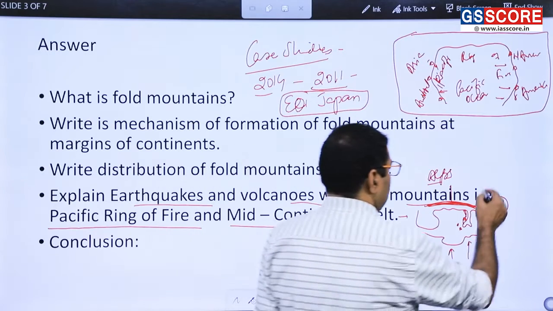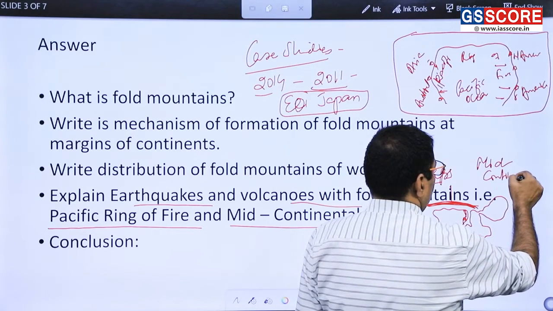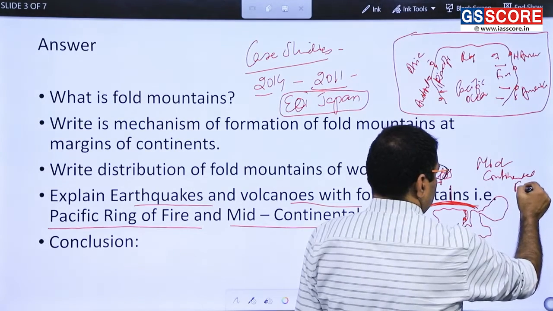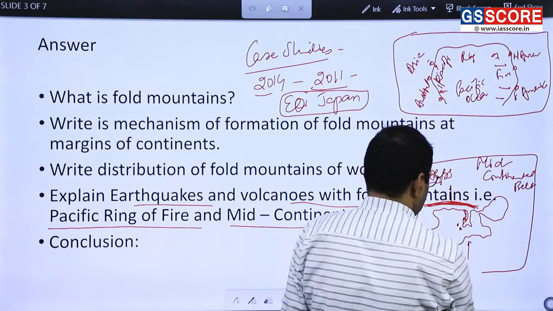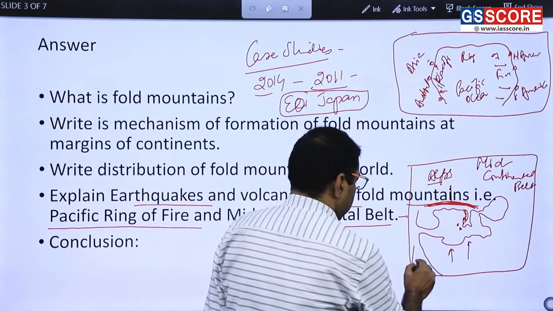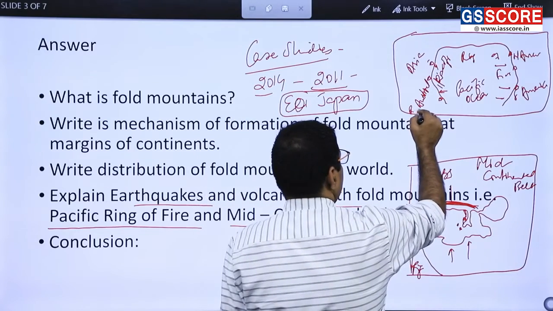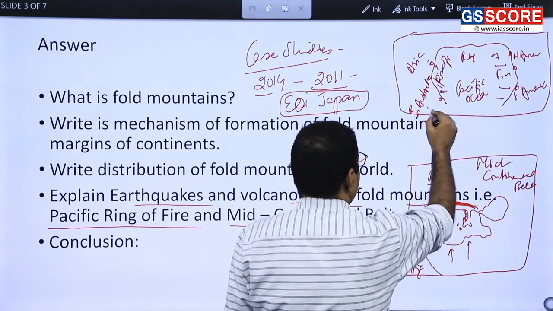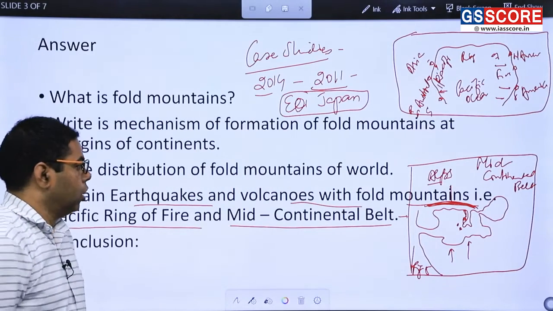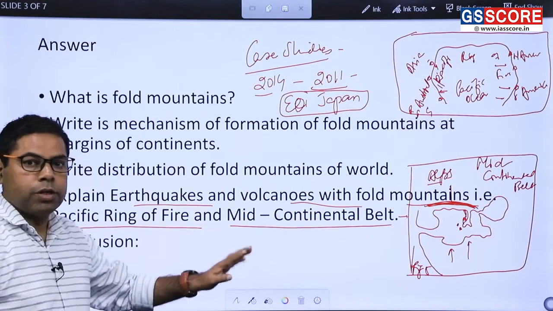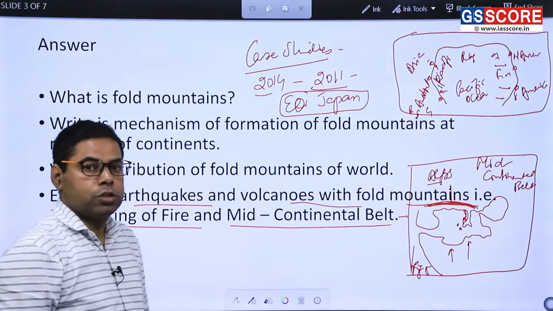So this is called the mid-continental belt. You can draw this in the box, and then the figure number. See, that was 3, this is 4, figure number 4, this is 5, right. So this is the explanation of the answer, how it should be there with the presentation of the